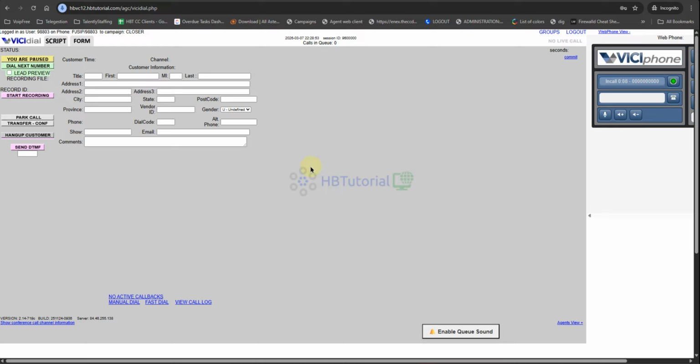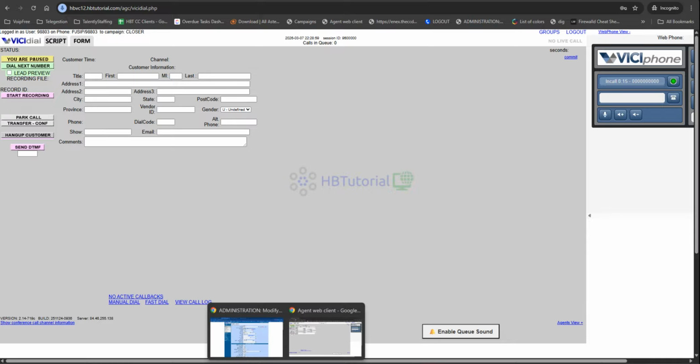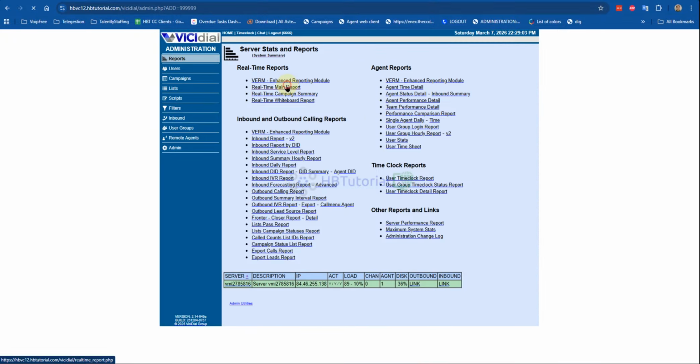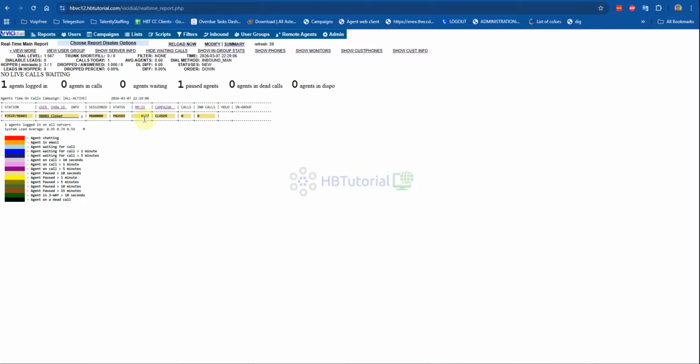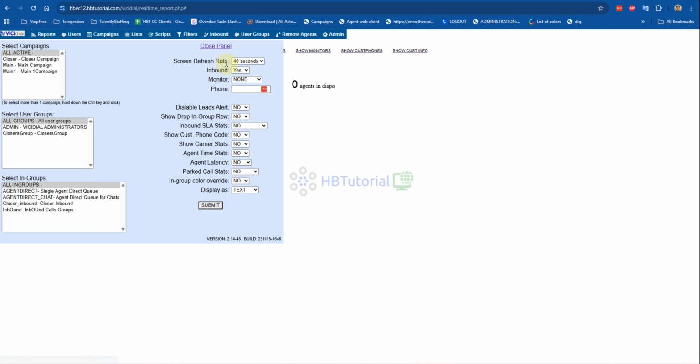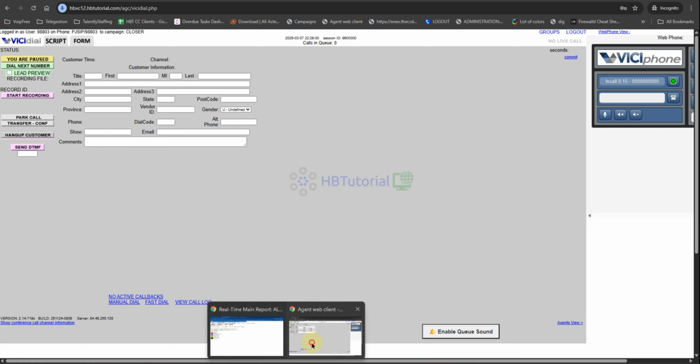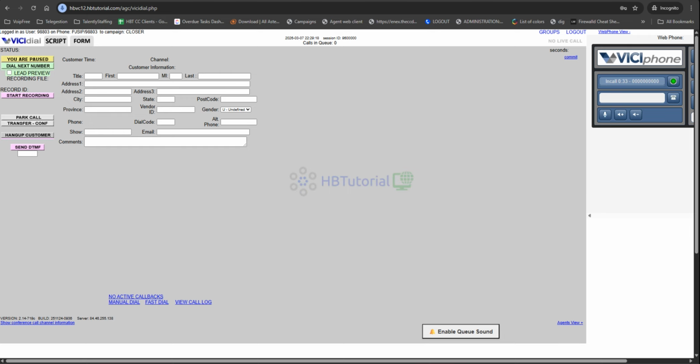Okay, this is how the agent closer looks. So we can check now on the real time. If you see the real time, as you can see here, the status was closer. And now I'm gonna log in another user.